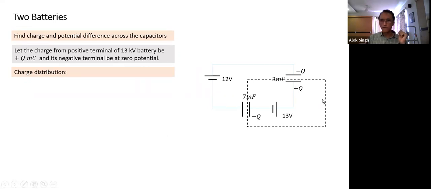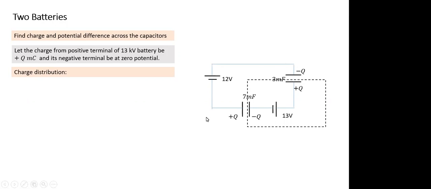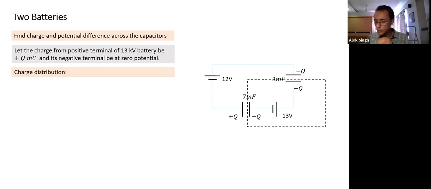So this is an isolated system. Net charge was initially 0, finally also 0. So this is minus Q, plus Q. And this has plus Q, so this has to be minus Q charge. And if this is minus Q, this has to be plus Q charge. If I take this other isolated system also, net charge is 0. So this is the charge distribution. Any question? No. So this is the charge distribution I have.